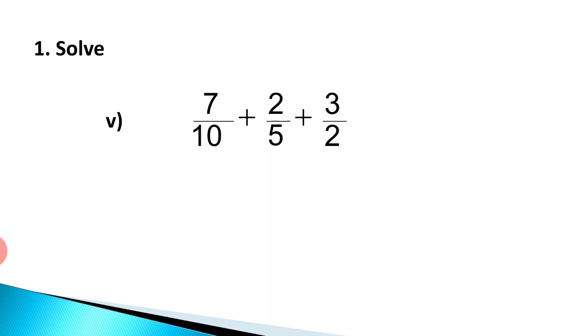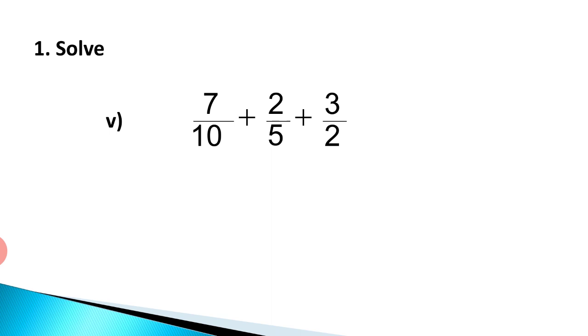Now observe the denominators. Here 10 is a multiple of 5 and 2. If this is the case, the greatest number is the LCM. So 2, 5 and 10, what will be the LCM? 10. These properties which you have studied in 6th standard in the 3rd chapter, playing with numbers, have to be used effectively here so that you can speed up your writing. So what is the LCM of 10, 5, 2? We say it is 10.